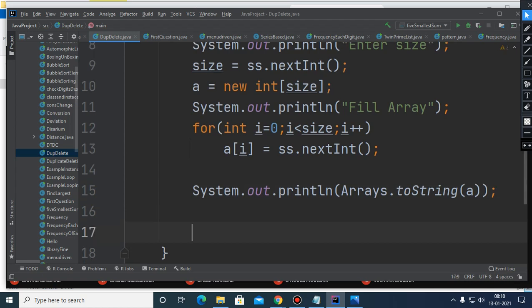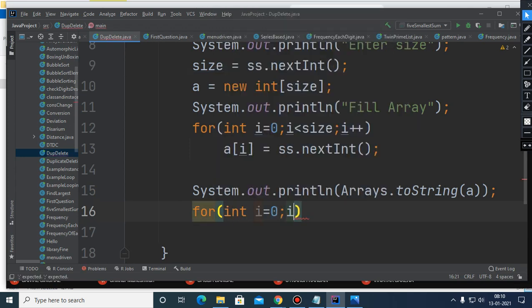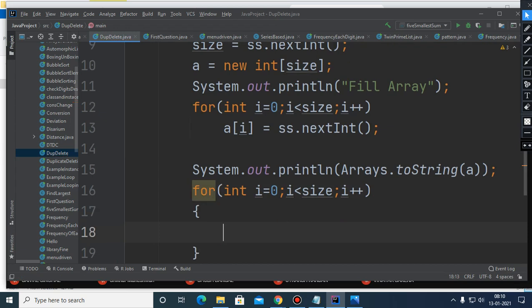And now the time has come to remove the duplicates. For that, this is the first loop, the initial loop, with the help of which you are going to pick any element. I told you that if you have picked a[0], then from a[1] you have to start a loop.